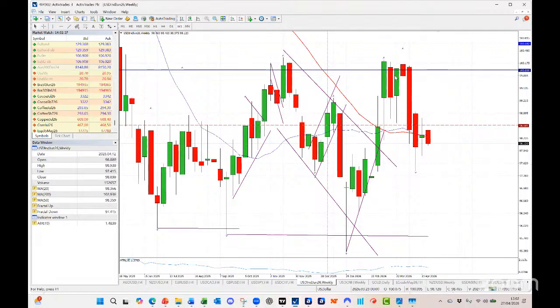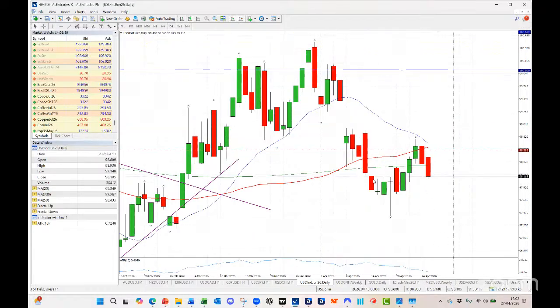This is the dollar index on the weekly chart. We talked about it, it couldn't get above 100. This here is kind of war on, risk off, and then here we are, war off, risk on. Once again, what did we get last week? An inside bar, a spinning top, an indecision candle there. The 20 and the 50 are also there.